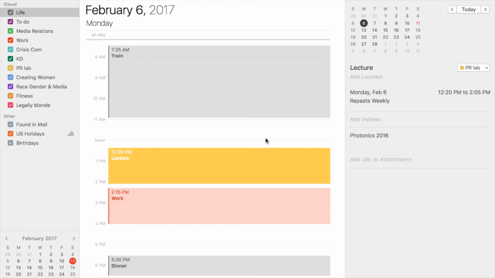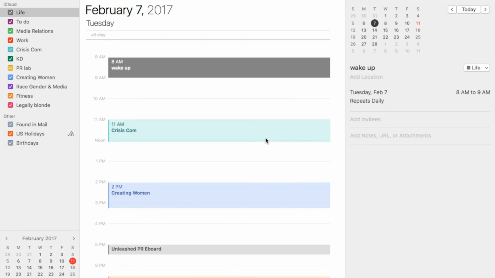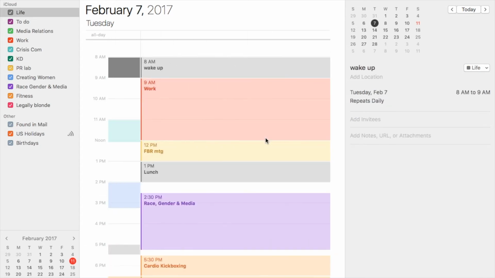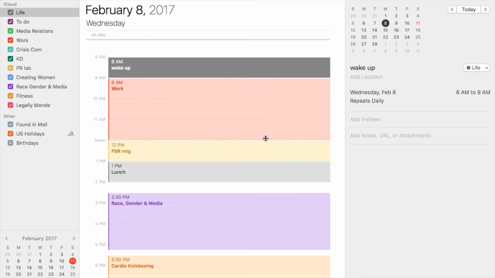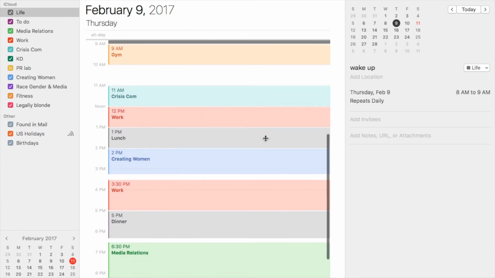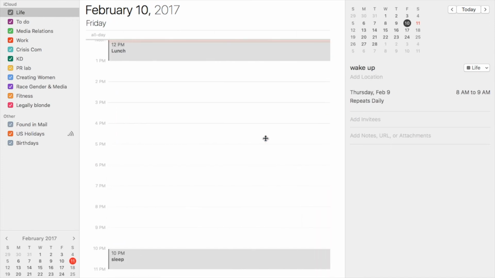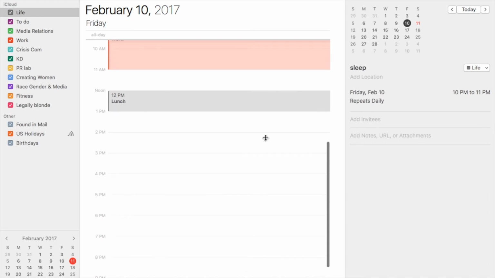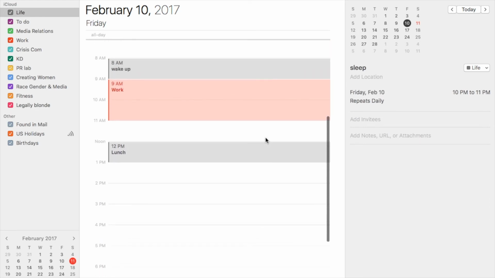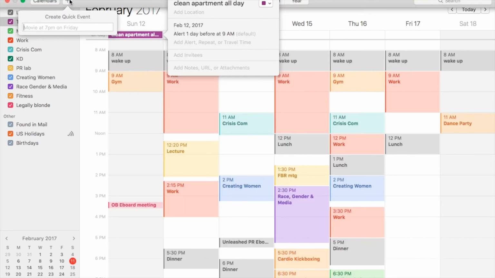So in my iCal, I have my standard weekly schedule for class, work, and everything else that I have, and it's all in the same color key as the one that I use in my planner. I told you I like to keep everything consistent, and I really like this color key that I've devised. So I use my iCal mainly as a reference for when I'm making new appointments and keeping track of what free time I have. If you wanted to use iCal as a to-do list, you can definitely put your list